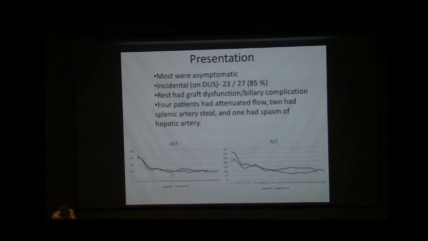And this is the enzymatic evaluation among the HAT group and control group. As you can see, there is not much difference, because most of the patients were detected in the initial asymptomatic period. Coming to the flowchart of management that we have adopted, total 27 patients, HAT 21, other hepatic artery related complications 6 patients.